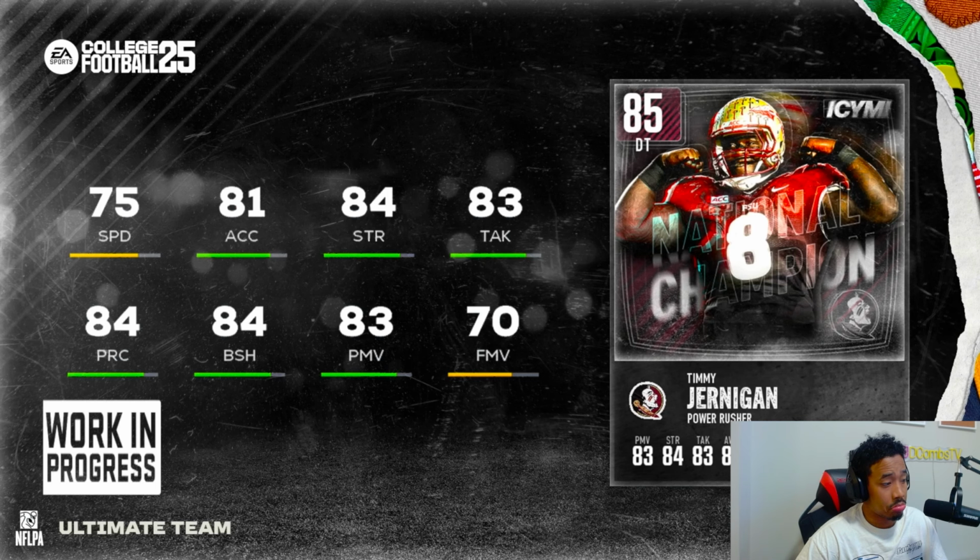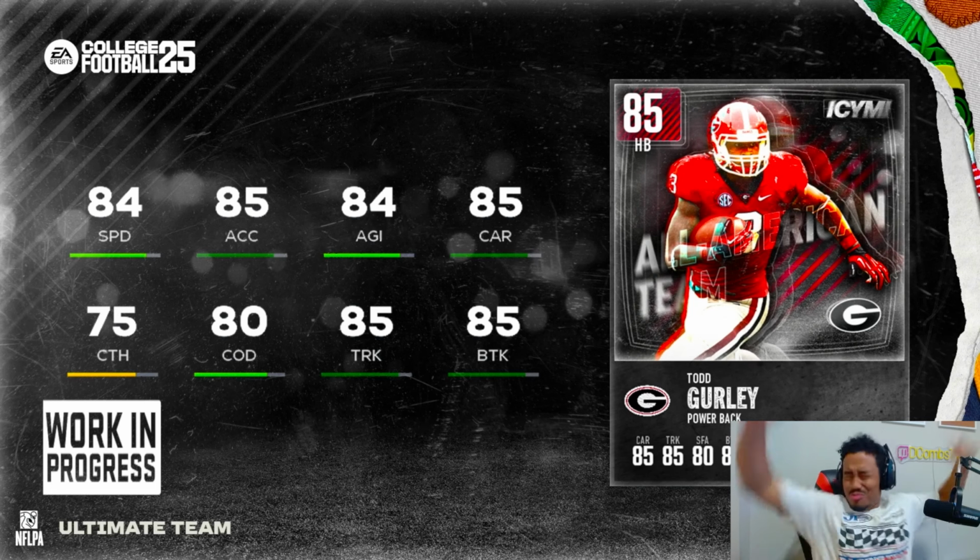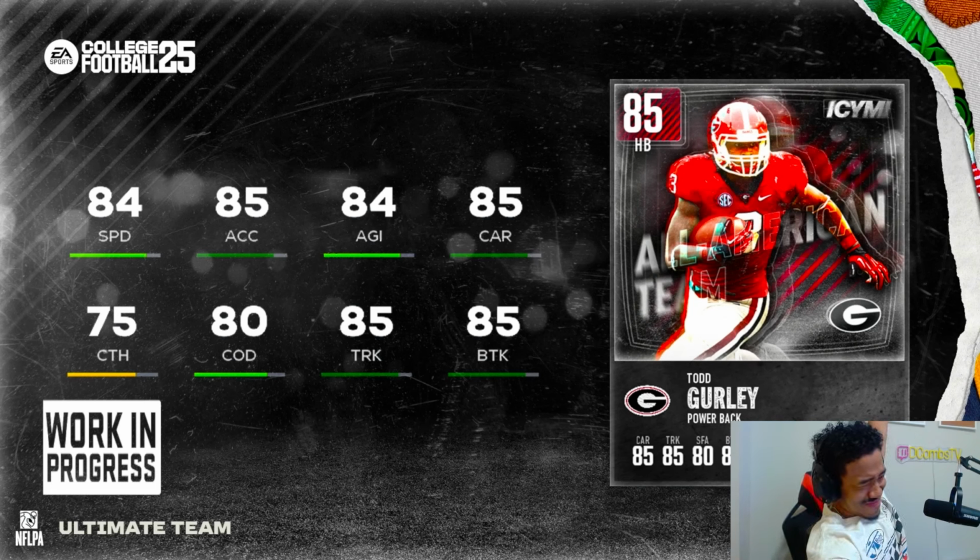We head down to Florida State. Tim Tebow. That's a pretty good one right there. I ain't gonna lie. Timmy Jernigan, that's pretty good. 6'2", 295, power rusher, D tackle. That's a pretty good DT to start off. Again, if you are some of the younger audience, maybe just get a...